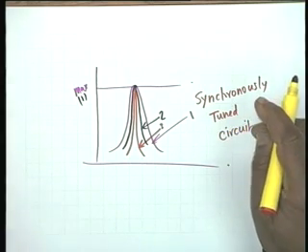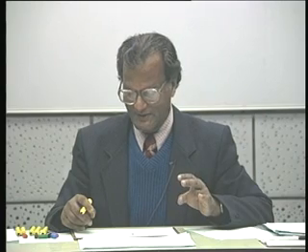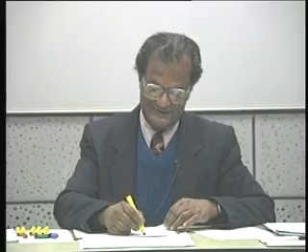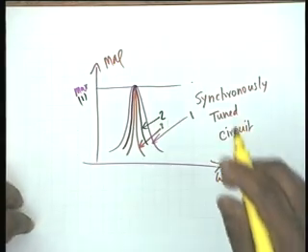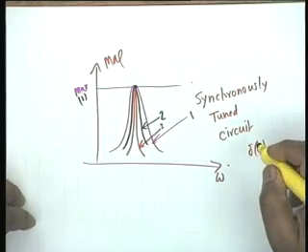So, you know now the meanings of single tuned circuit, double tuned circuit, stagger tuned circuit, synchronously tuned circuit, resistively coupled circuit, inductively coupled circuit, capacitively coupled circuit, and so on. Now, in this case we can also get delta response. Delta in which domain? This is the frequency response. Yes, you can get a delta omega in the frequency response. Is that what you are meaning?